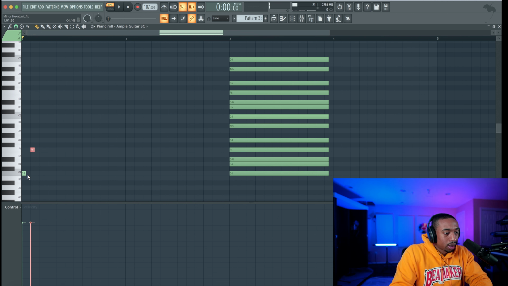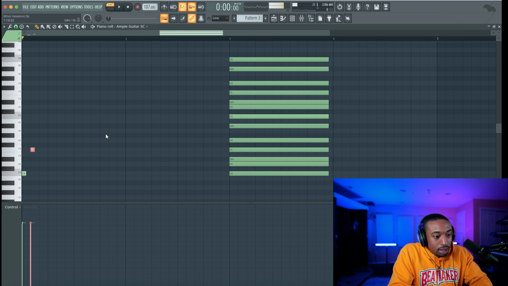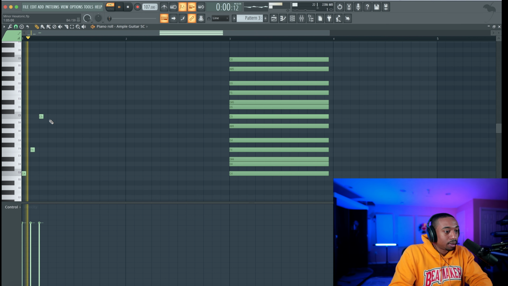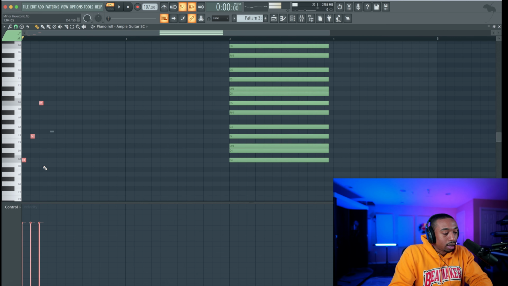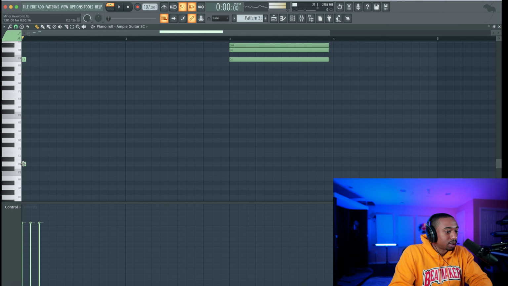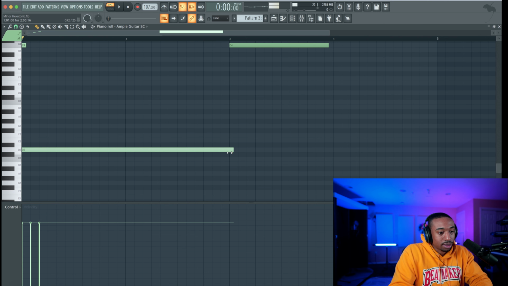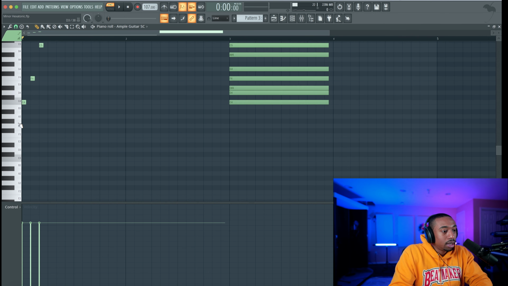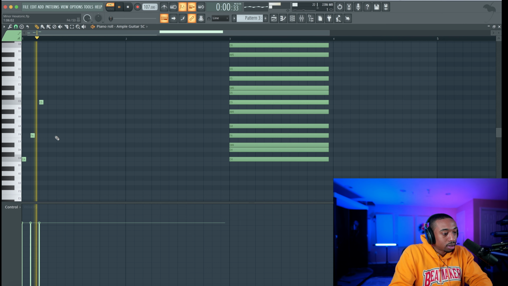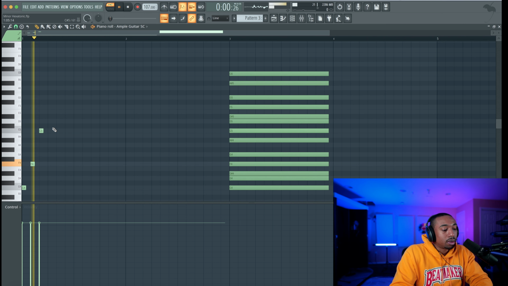Let's do the fourth. So C to F is the fourth, and then let's do C again. And now if I want a certain articulation for this specific plugin, I have to use what are called key switches. Don't worry about this. This is only for this plugin. So I have to switch the key switch to create a palm mute. Okay, so we have fourths, and then let's do the fifth.